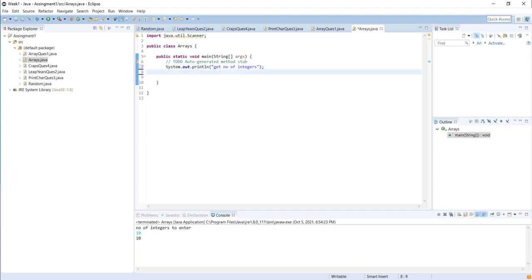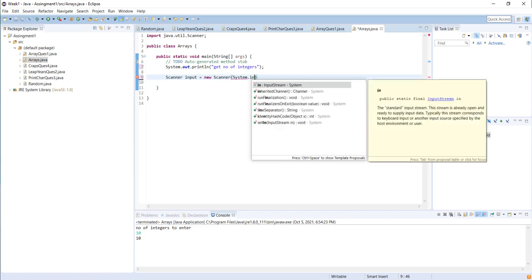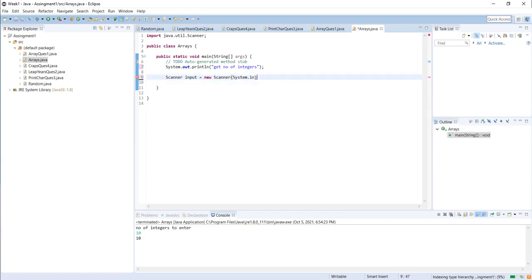Then I'll use the Scanner class with an input object and instantiate it using System.in.